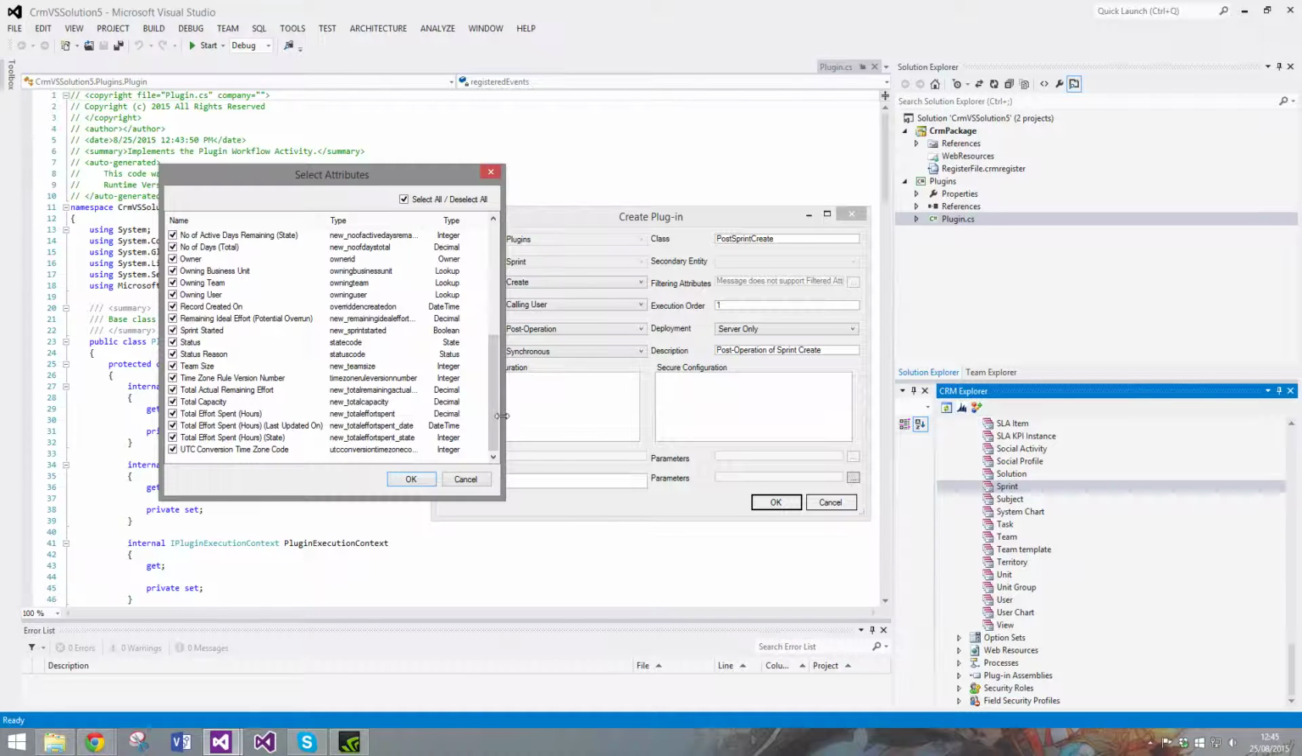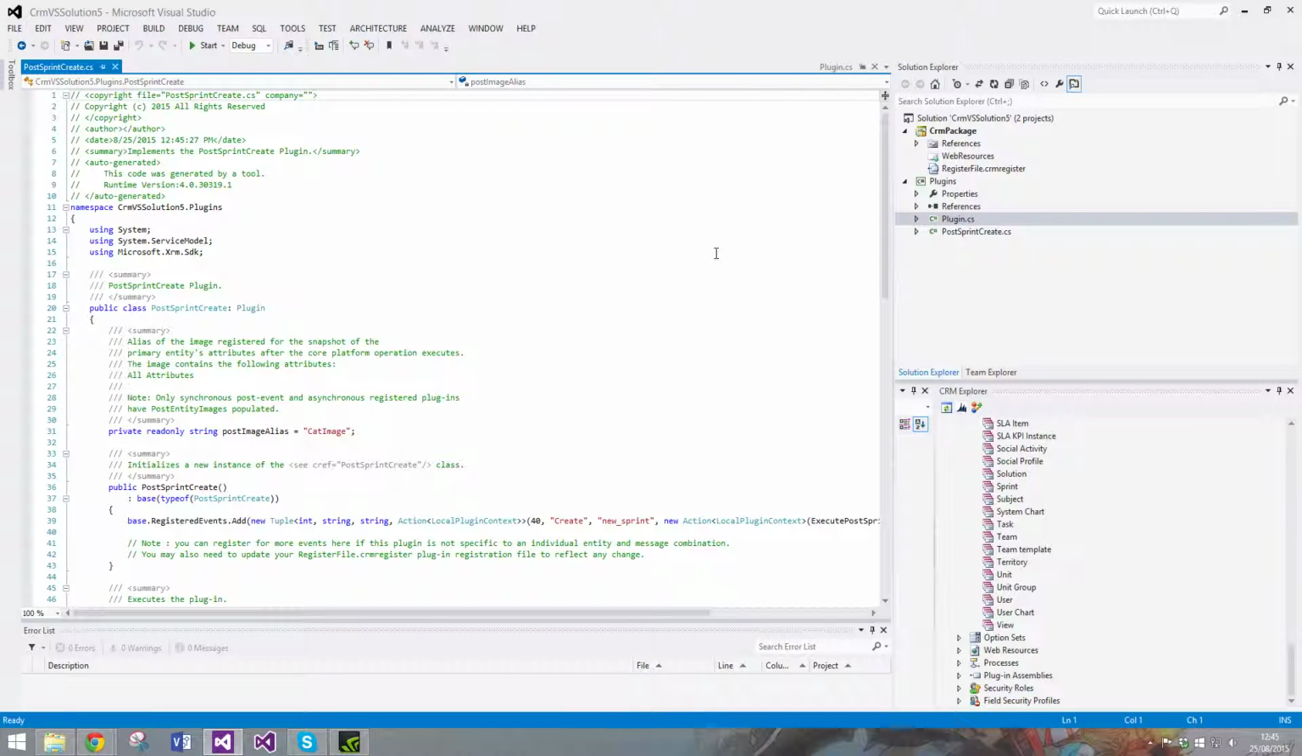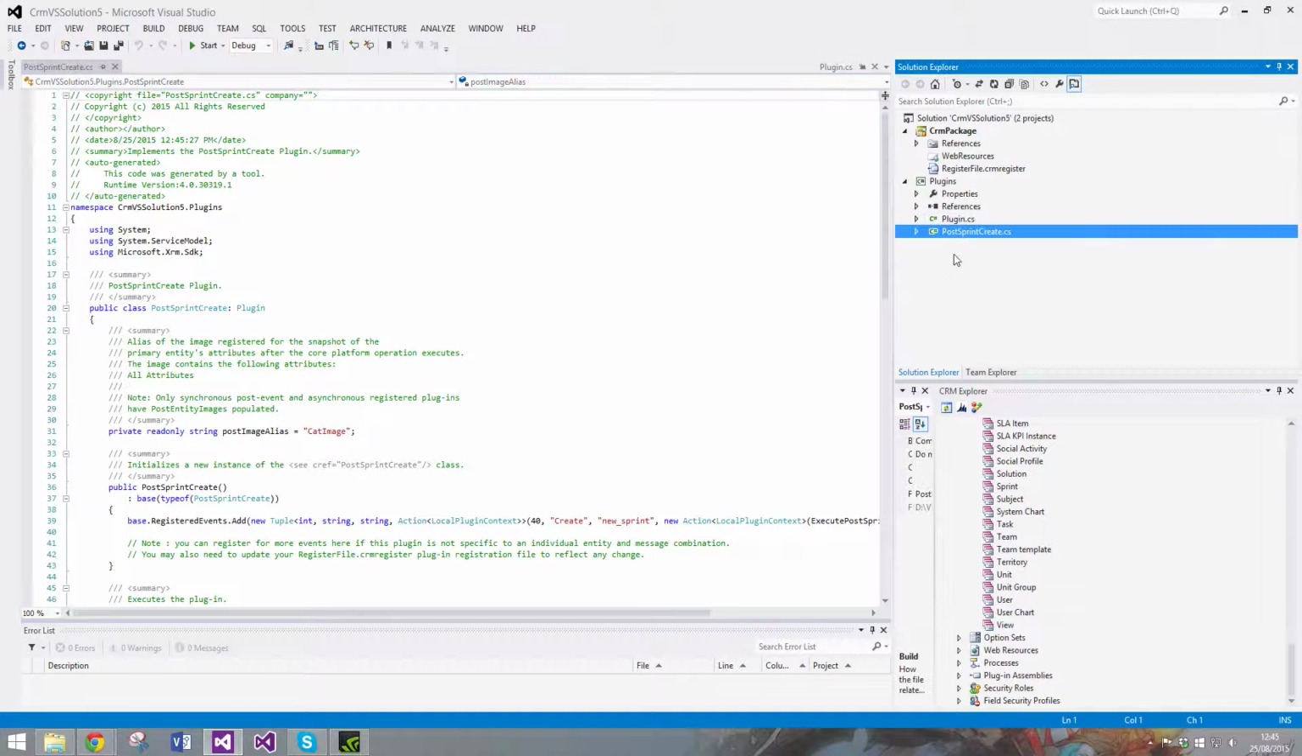I'm not going to go through it now. Let's just do them all. You can rename this if you want to, and then click OK. So you'll see it's made your plugin here,